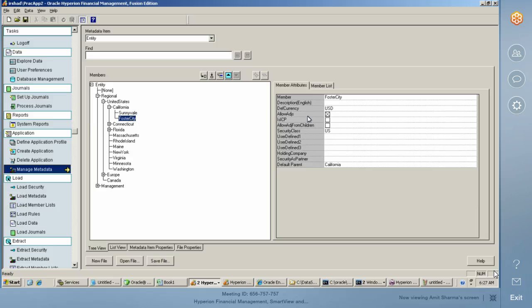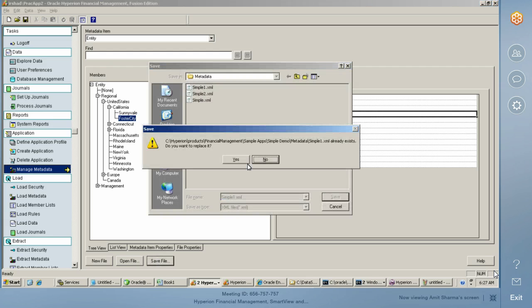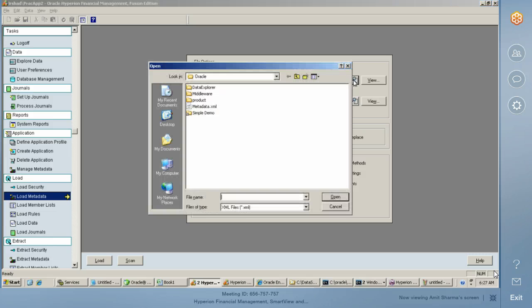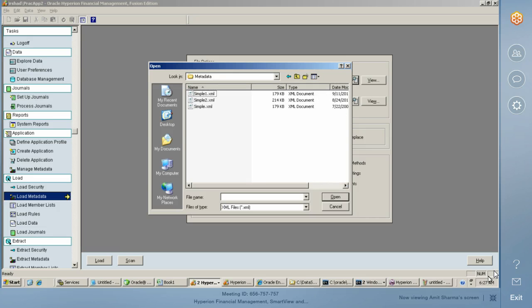Select Foster City and allow adjustable, I uncheck it and save it. After saving, I load back to my application. I'll just quickly check my timestamp. Today